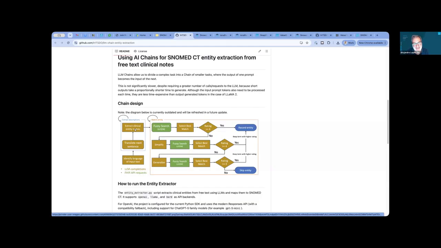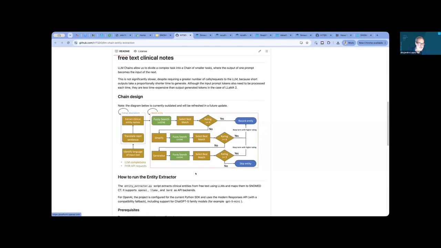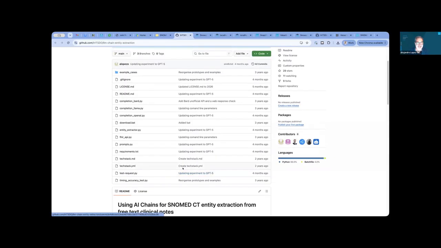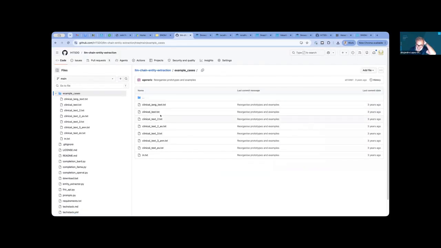And if it doesn't find anything, to generalize the text and search again. So these kind of techniques are really interesting. And this allows you to create an actual coder. It works really, really well.